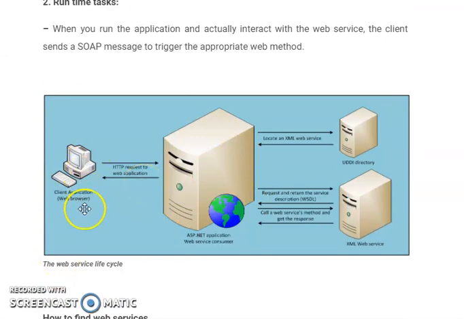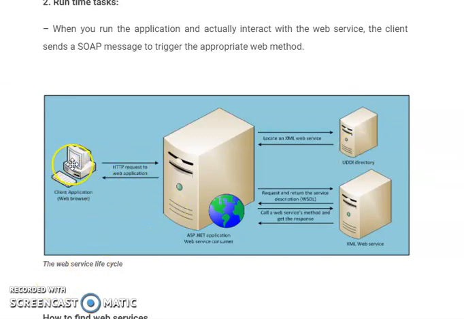This is your client application, the web browser, where you are requesting a web application, and this is an ASP.NET web application server. Now this web application is consuming the web service of the consumer. One way is that it will directly call the XML web service, or it will look for the UDDI directory. UDDI, I just told you, has the registry. Registry means it is a list of all your web service URLs. So the user has to find the needed URL, and then it will be retrieved.